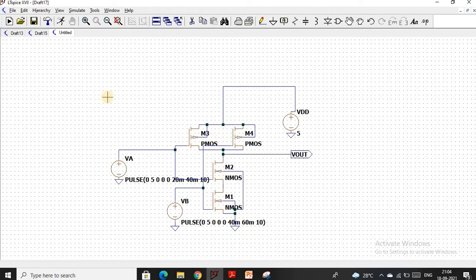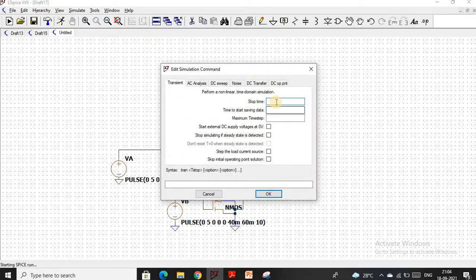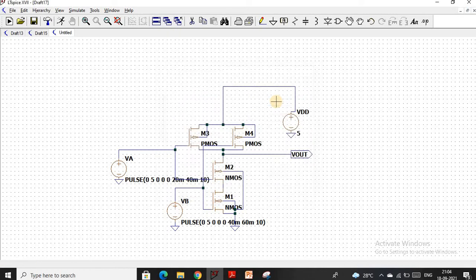Now analyze its output behavior. So run. At run time, it asks for the stop time. When you apply the input in the form of a pulse, 1 second is sufficient time.